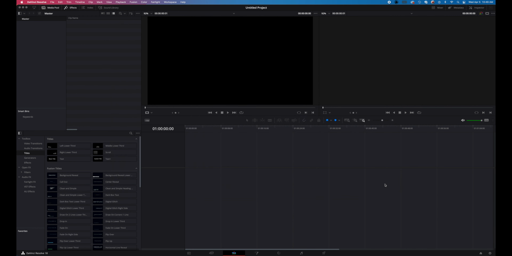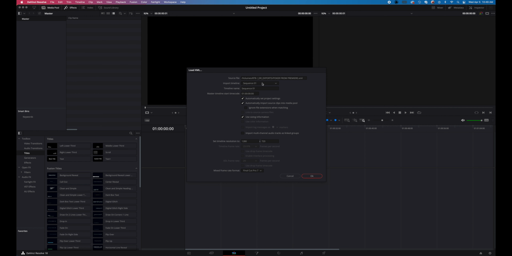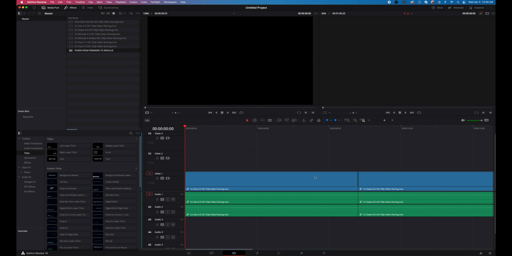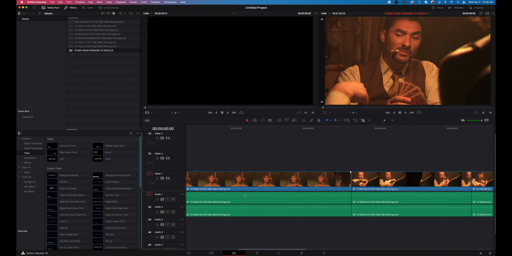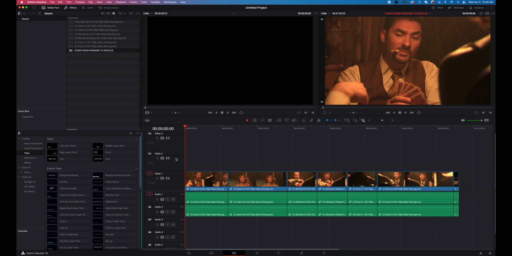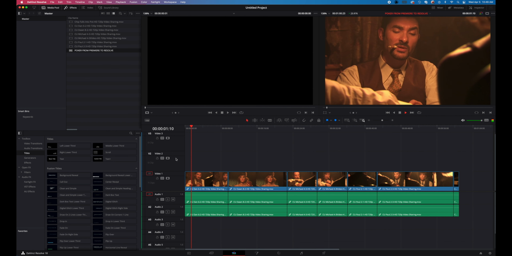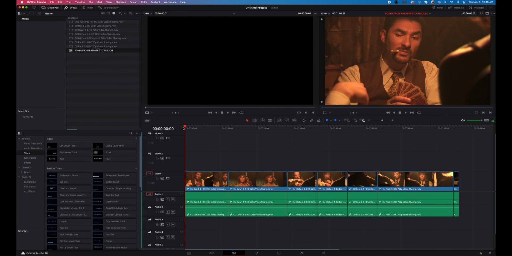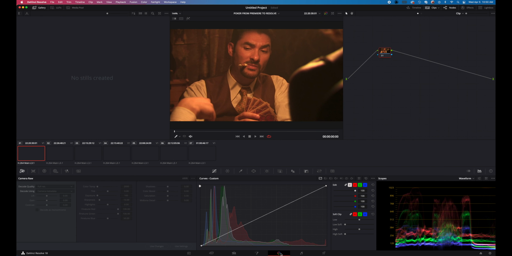So I will open this. I'm going to retain the settings and say OK. Now you can see that I have my timeline here in Resolve from Premiere Pro. But this will play. Show me the money. Okay, audio and picture. I'm going to go to the color grading panel just to do a quick exercise on